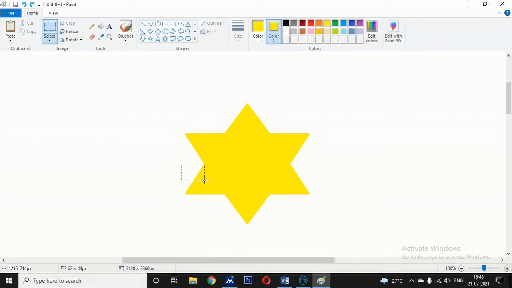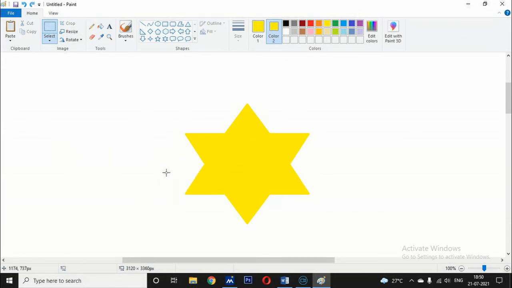Once again, if you want to cut this much portion, first use the rectangular selection and select this much portion. Then in the ribbon tab, the cut option is there, isn't it? Otherwise, right click with the mouse and click the cut option. So your selected portion is cut, and if you want to paste it in another place, you can paste it. Like this.